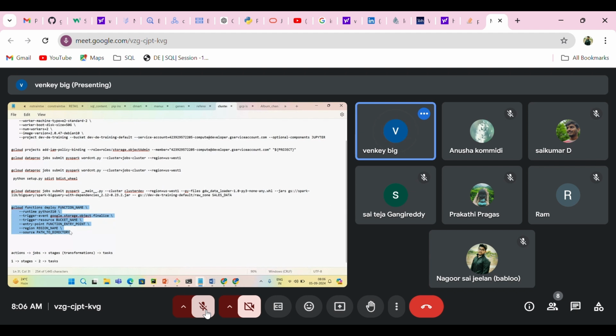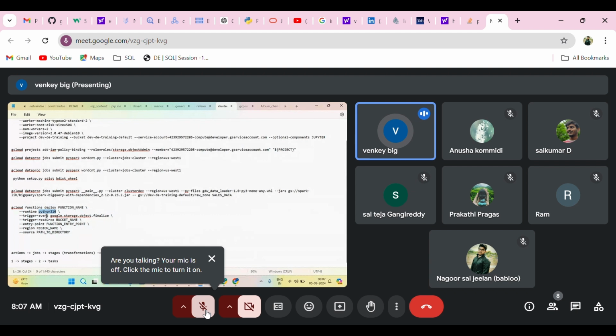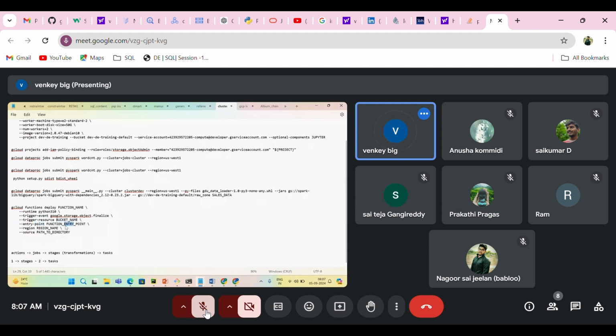So see here, create a cloud function from the command line. gcloud functions deploy, the function name and the runtime, so the Python environment runtime, and the trigger event. So here Google Cloud Storage object finalize, meaning whenever the object gets created, then trigger the event. Trigger source, the bucket name, and then the entry point, main dot py or main, you need to specify, and then the region name, and source,